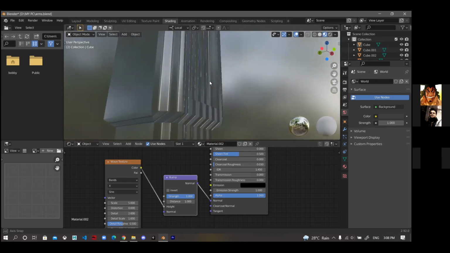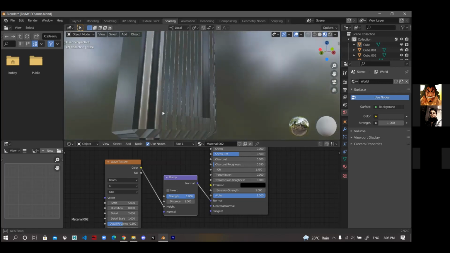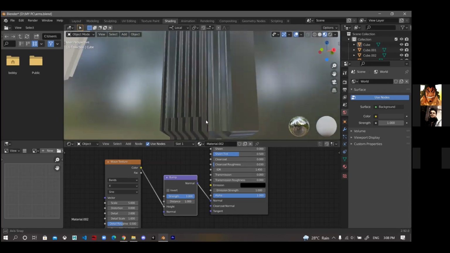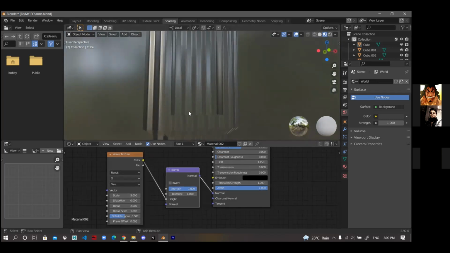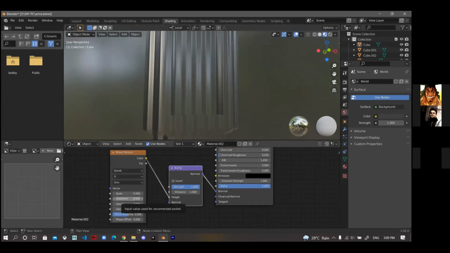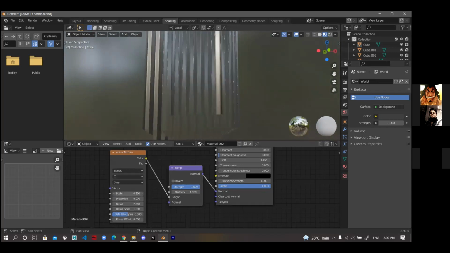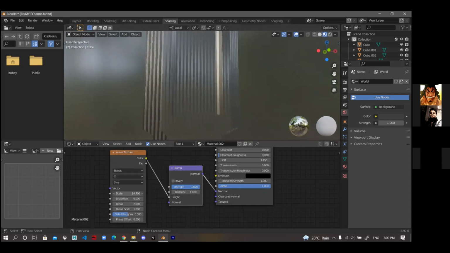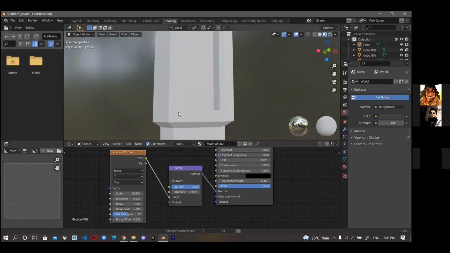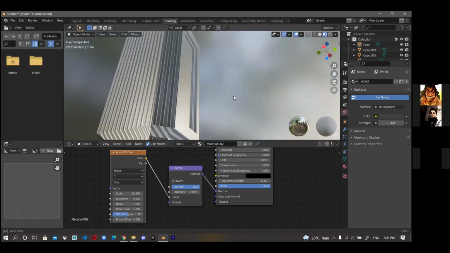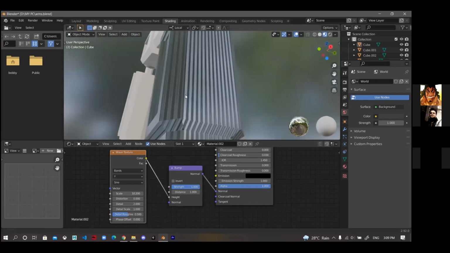Now you can see it is added, and this is actually a wave texture. Ayush, change that X to Y. It will look better, I think. Yes, it will go around the object in a horizontal way. See, it is going all around the object.